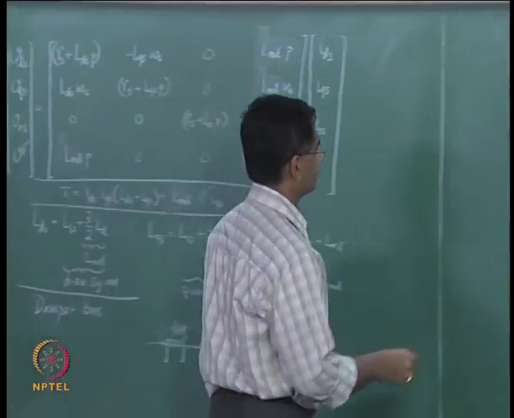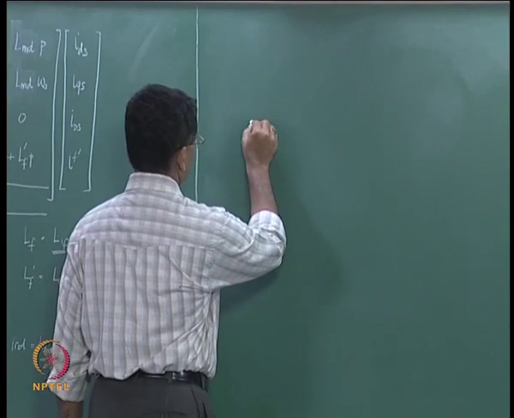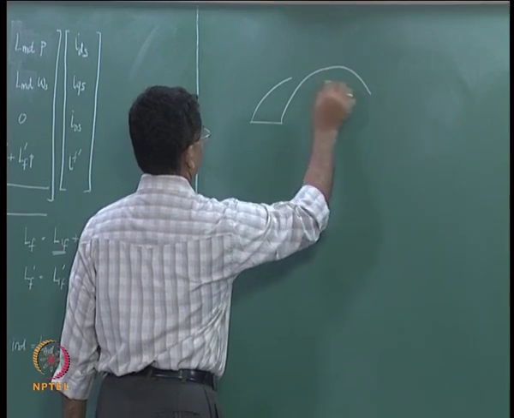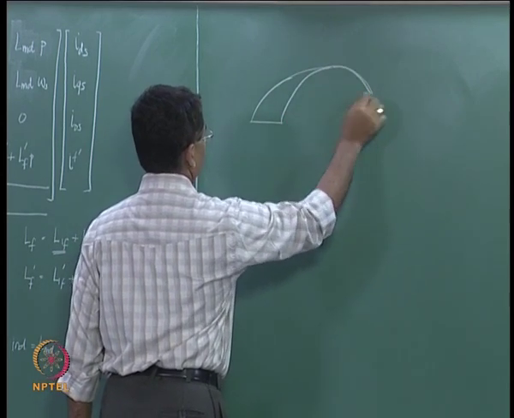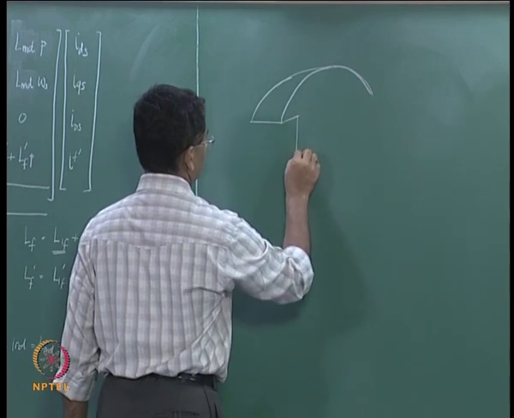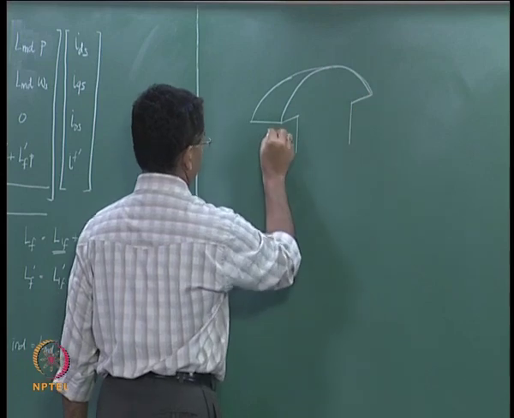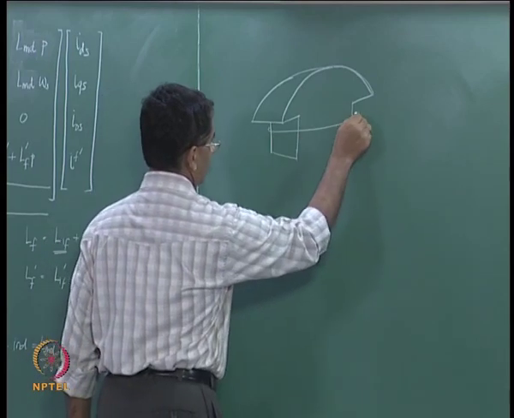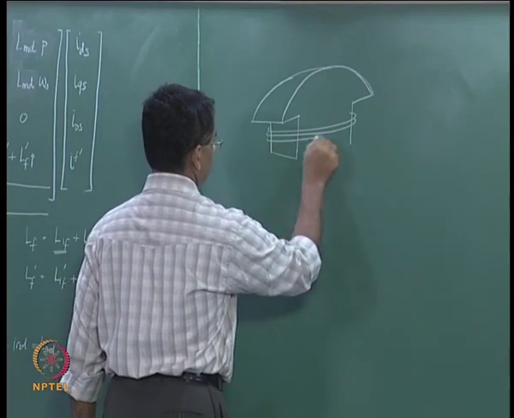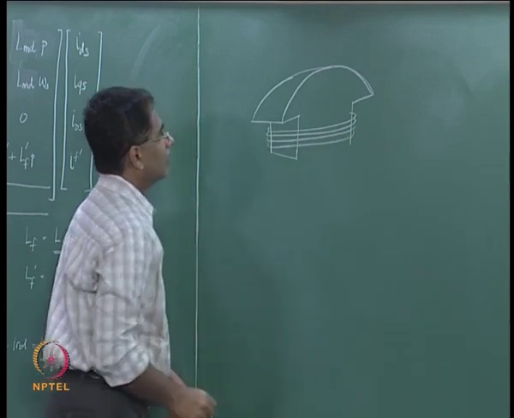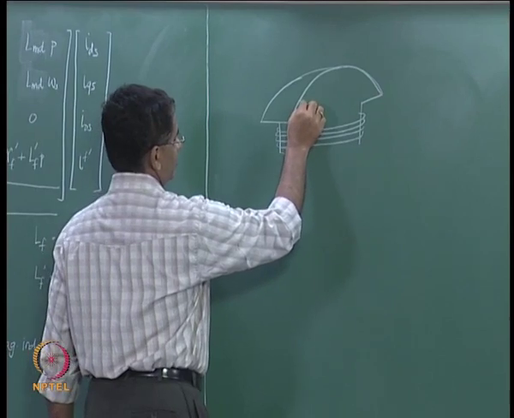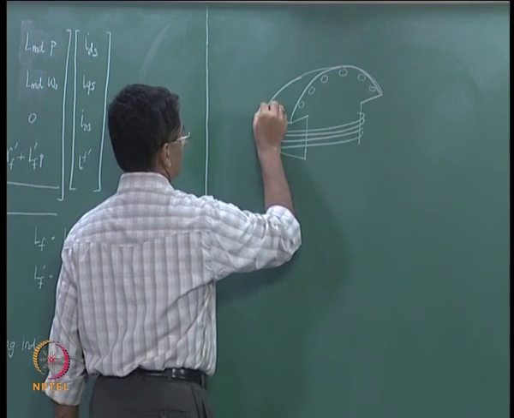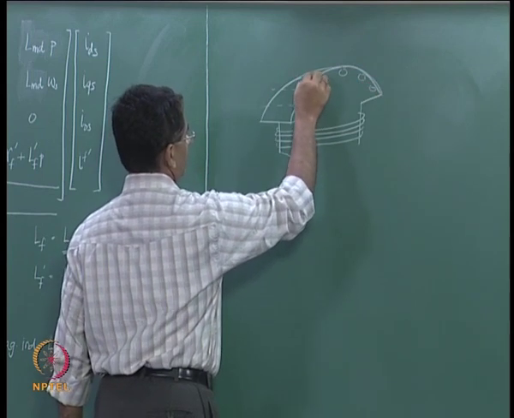We saw in the beginning of the lectures on alternators that if you look at the alternator poles, if this is the alternator pole and then you have the coils of the field that are wound here, what we said was in the pole face you have bars that are introduced which run along the length of the pole,